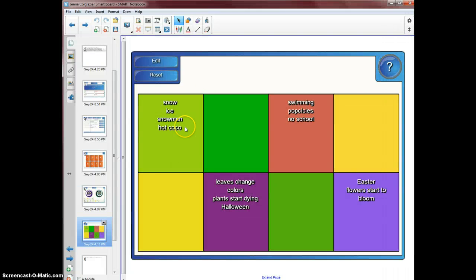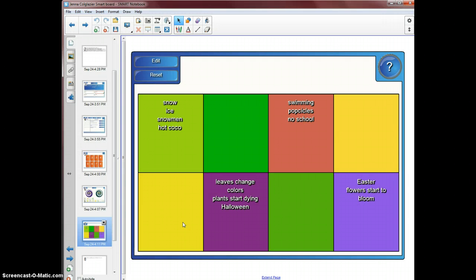And then the last one I did a little different. It would not be just the kids working on this activity by themselves, but it would also be me working with them. I would be up at the Smart Board, and I would say things like snow, ice, snowman, hot cocoa, and ask them what season that was. And when they tell me winter, then I would specifically ask the students what is something that they remember, what is something that they do in that season, so that it makes it personal and something that they would easily remember. That way I will get to interact with my students, and they would also get to use their